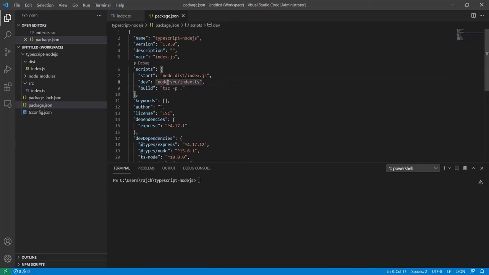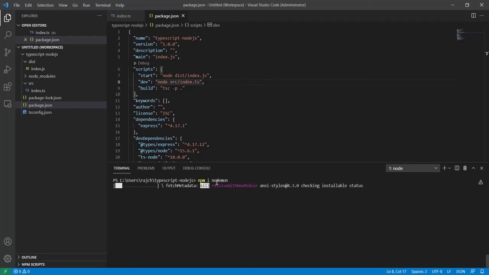Install nodemon. So I am going to run npm i nodemon, and this is going to install nodemon.